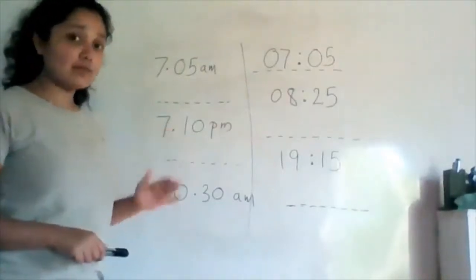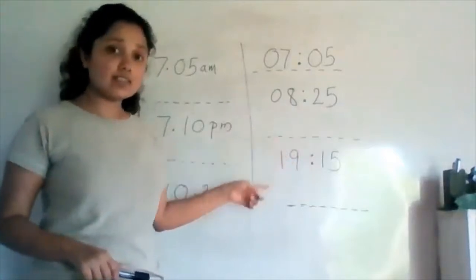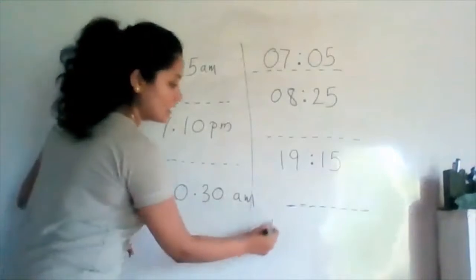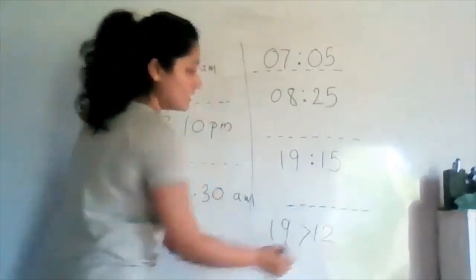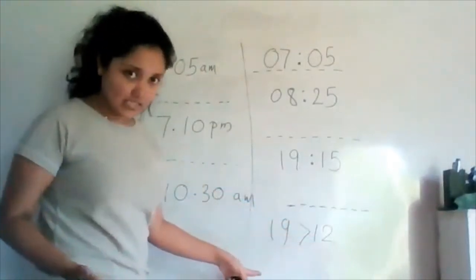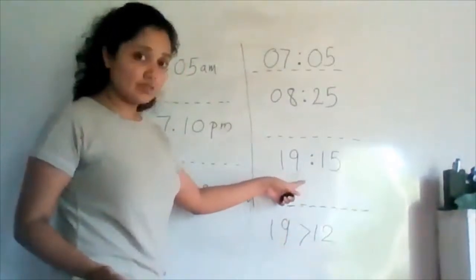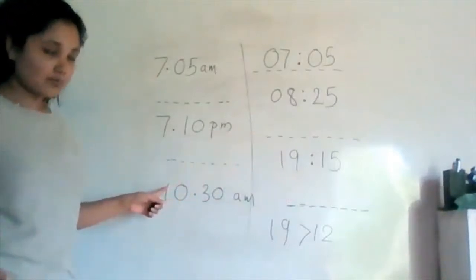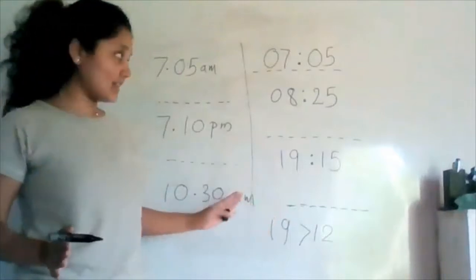That means if the time is greater than 12, as an example, we'll say this one here, the hours are 19. So 19 is greater than 12, right? The hours are greater than 12 in this time. If it is so, we have to subtract 12 from 19 in order to convert the time in the standard form to the time in 12 hours. But if it is not greater than 12, if it is less than 12, as an example,